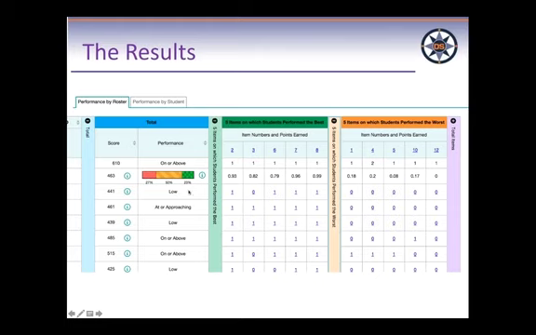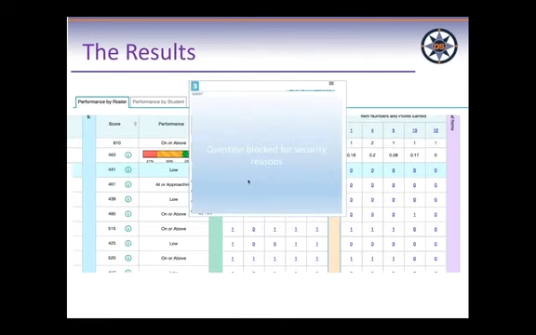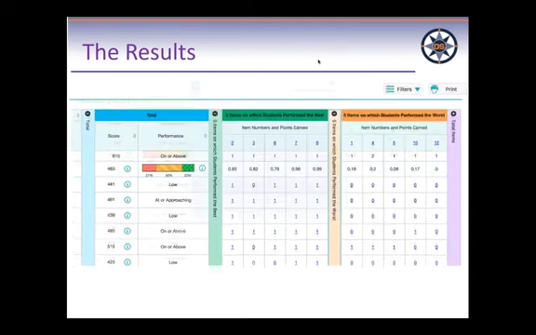Which was low, and you can see whether they got the questions right or wrong. All of these were wrong, and these were right, where they got 1 point. Actually, no, they only got 0 points, so that doesn't matter. I want to know what this question is. 82% of the students got this right. What was it? You just click on the number and it brings up the question. I'm sorry I'm blocking the question again, but when you do it, the question will come up. So you can look at the question, which is really handy.